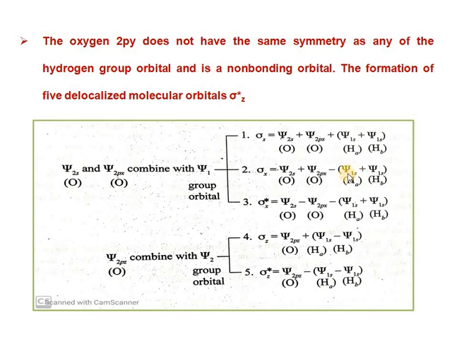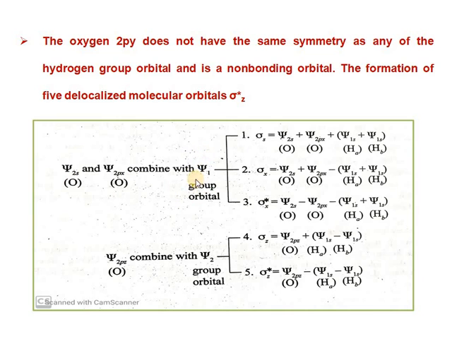the psi1s molecular orbital of one hydrogen and psi1s molecular orbital of the other hydrogen. Similarly, the antibonding molecular orbital, sigma x star, can be formed by psi2s minus psi2px of the oxygen, minus the psi1s of one hydrogen and psi1s of the other hydrogen. So these three molecular orbitals are formed by the combination of these two orbitals of oxygen and one group